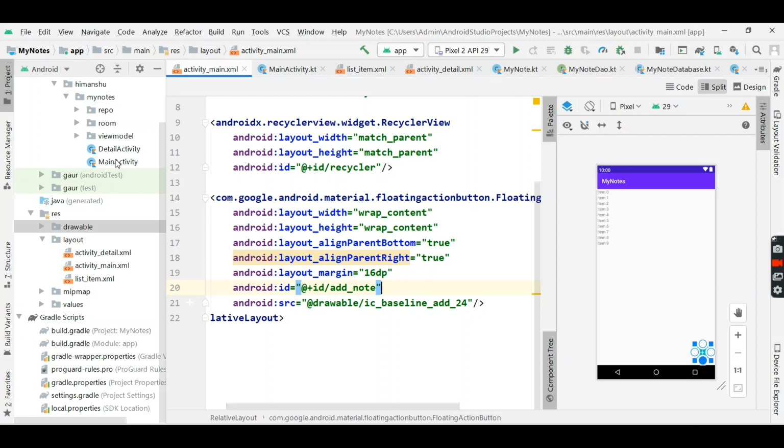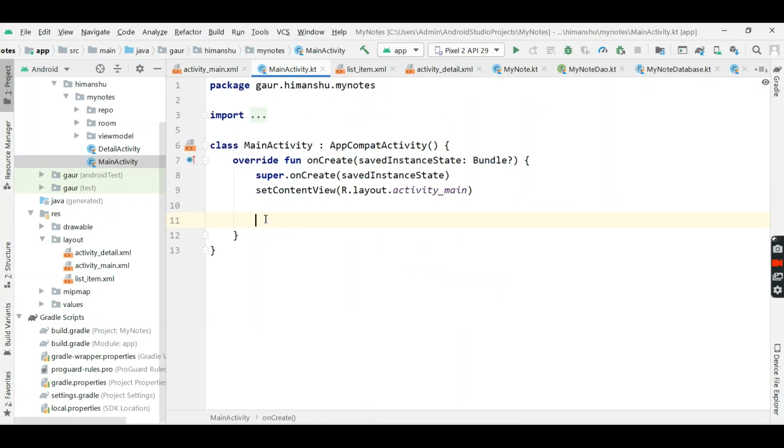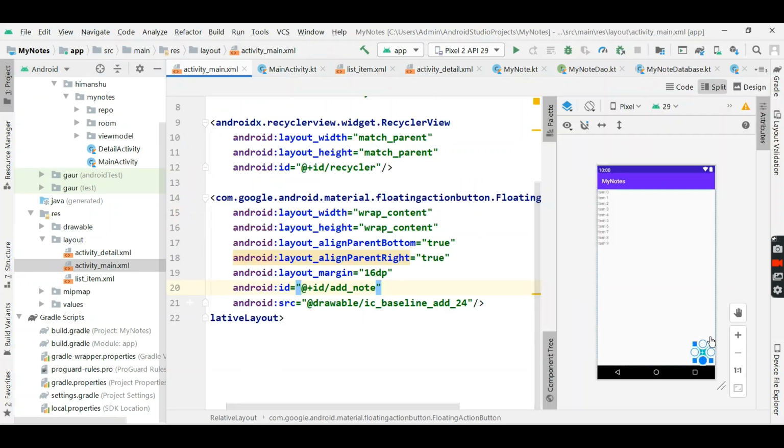Now go to our main activity. So what we are going to do, on pressing this plus floating action button, we will go to our next activity, or you can say detail activity, and save some note.